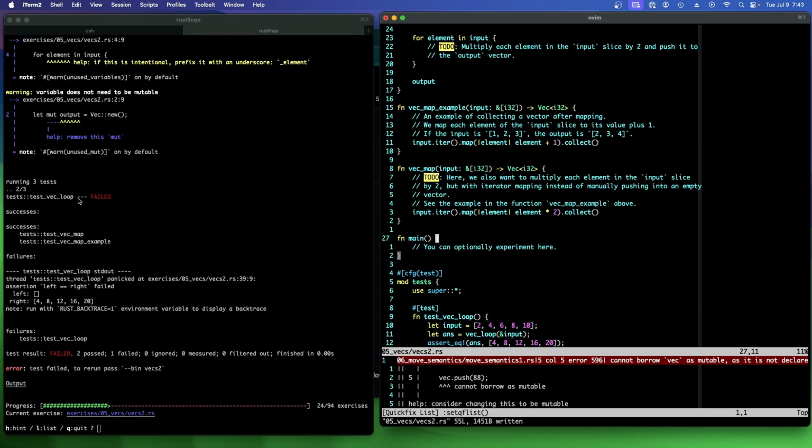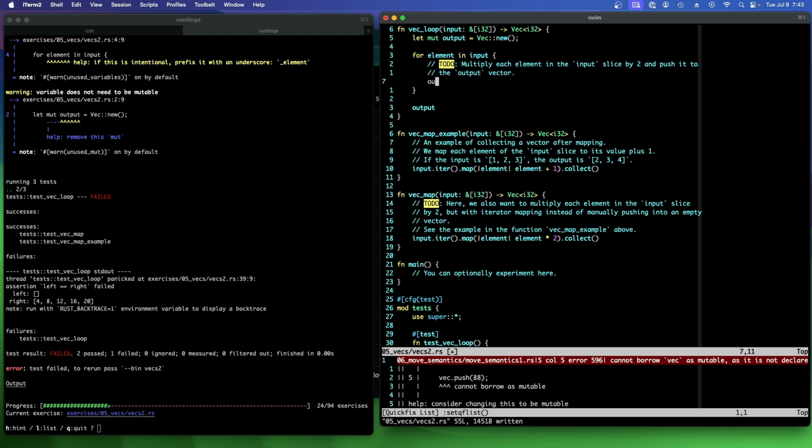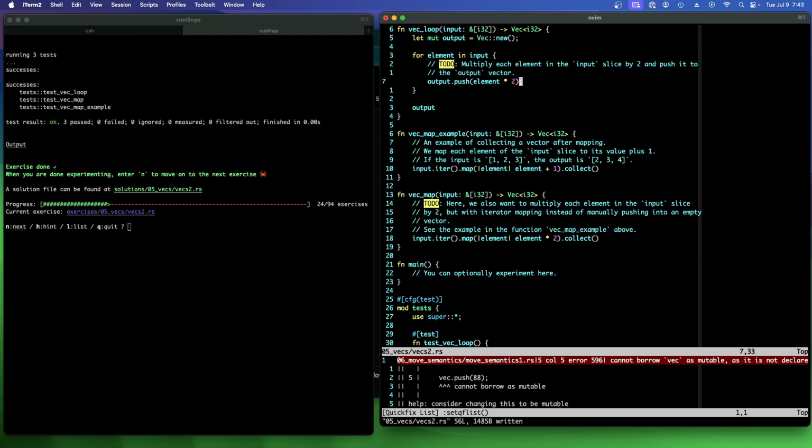But we do have one failing test, vec loop. And it's also saying remove this mut. That's because we haven't done this part yet. So let's do this part now. Multiply each element in the input slice by 2 and push it into the output vector. Okay, so we say output dot push element times 2. There you go. Then we can either use a for loop to do it, or we could